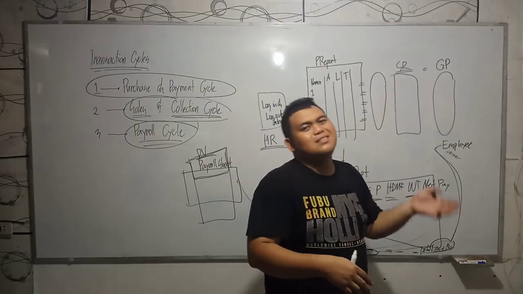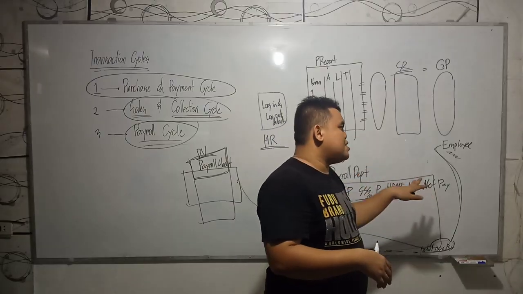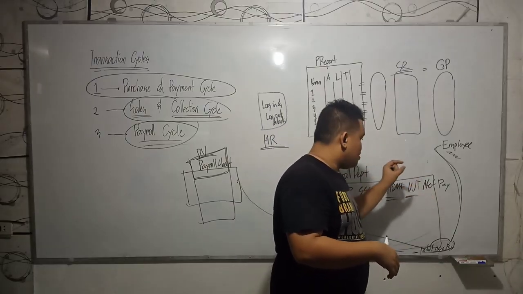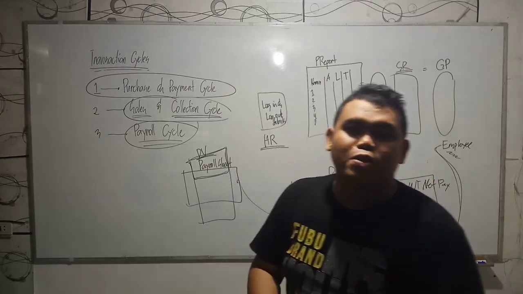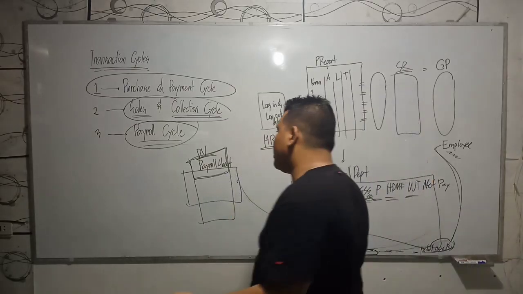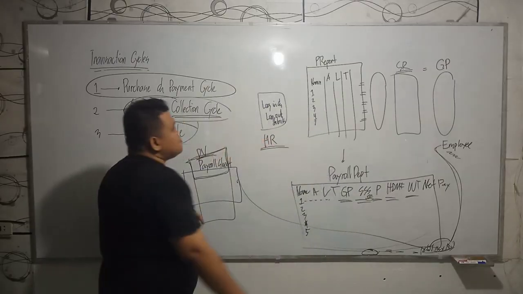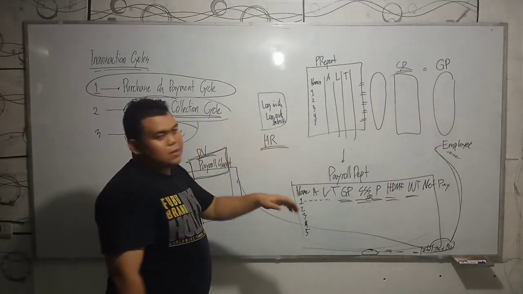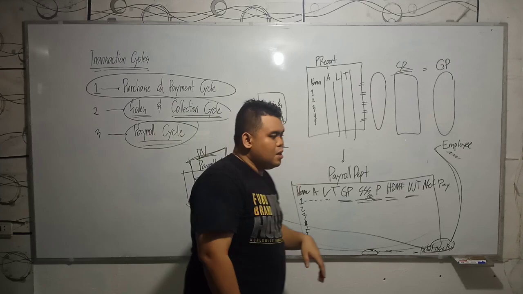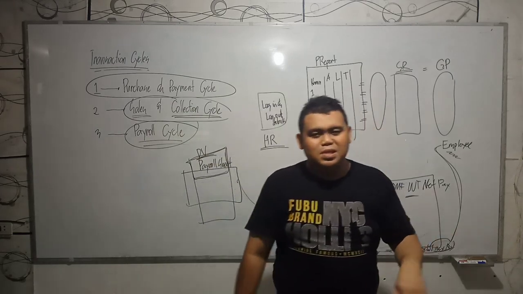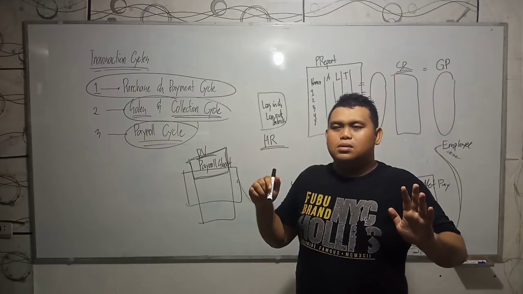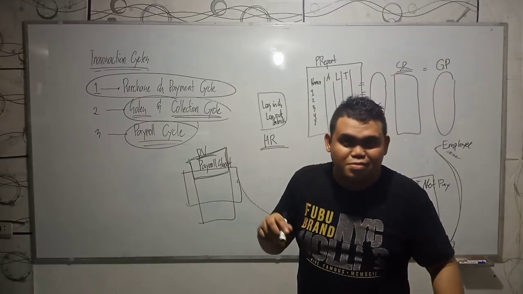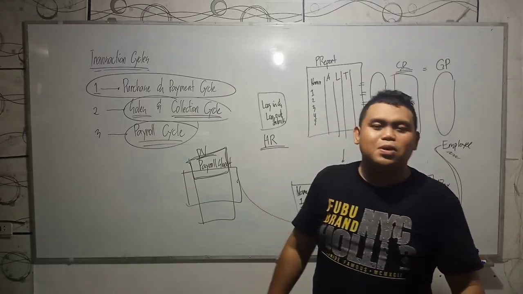The employee will sign, and if ever the employee is absent, the money will be stored by the treasury department or finance department until the employee comes. So basically, this is the payroll cycle, and this usually happens every 15 days. Sometimes there are employers that give their employee salary every week, based on my experience also.